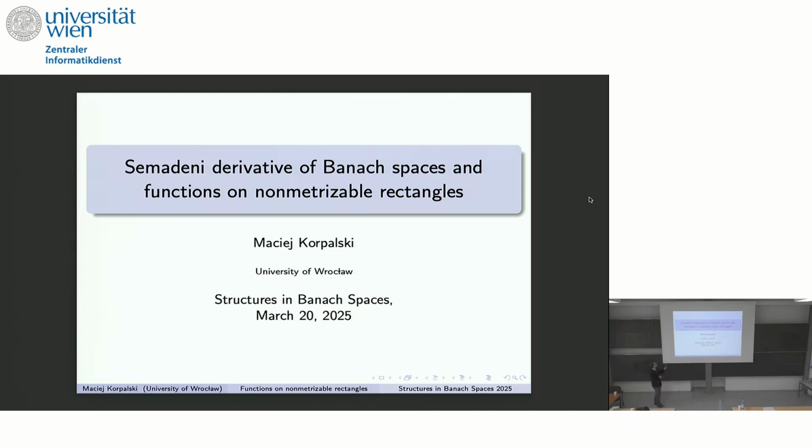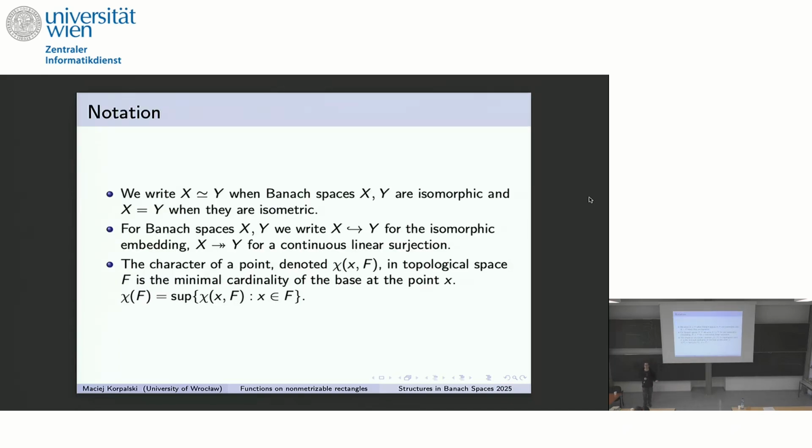Doing the talk first, let us introduce maybe some notation, because of course everyone uses a little bit different notation. That's how it is. So I write this wavy inequality for isomorphic Banach spaces and just regular equality for isometric isomorphism. I consider such Banach spaces equal. If I can embed one space into another, I write this wavy arrow,